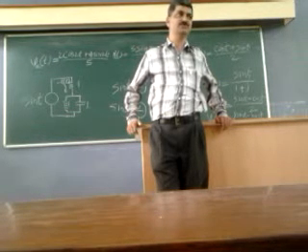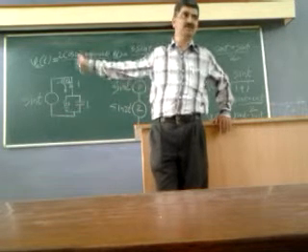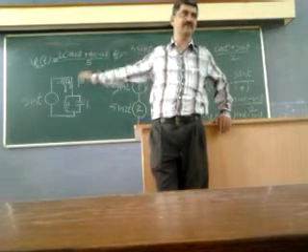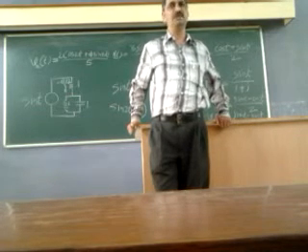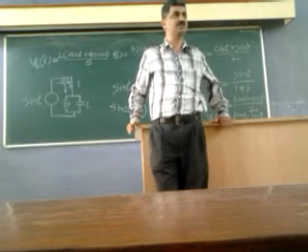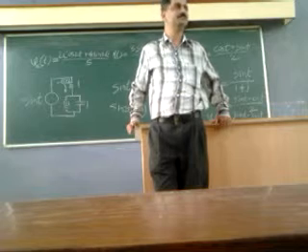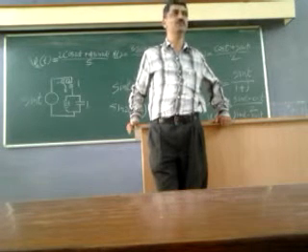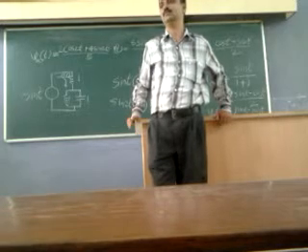What is the effective impedance? It is 1 in series with j parallel minus j. J parallel minus j is j into minus j upon j minus j. It is infinite. So it will not allow any current to flow. Zero current. IT would be 0. It will not allow any current to flow at all.